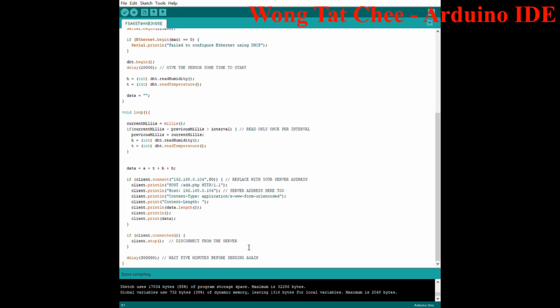If it connects successfully, all the data will be sent into the database system. We cannot test it now because Tinkercad is not available for this kind of service, and we don't have an Arduino right now, but I believe that it will be a success because when we press verify, there is no error. And that's the end of this